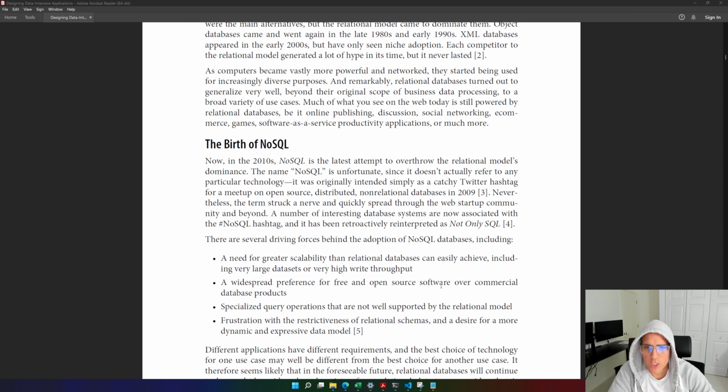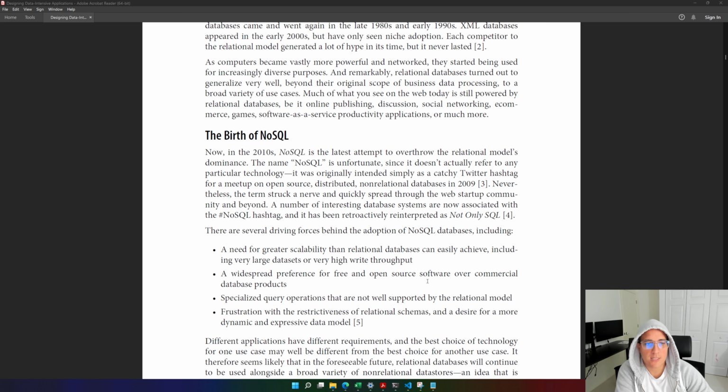A number of interesting databases are now associated with the NoSQL hashtag, and it has been retroactively reinterpreted as "not only SQL." There are several driving forces behind the adoption of NoSQL databases, including a need for greater scalability than relational databases can easily achieve, including very large databases with very high write throughput. A widespread preference for free and open source software over commercial database products,